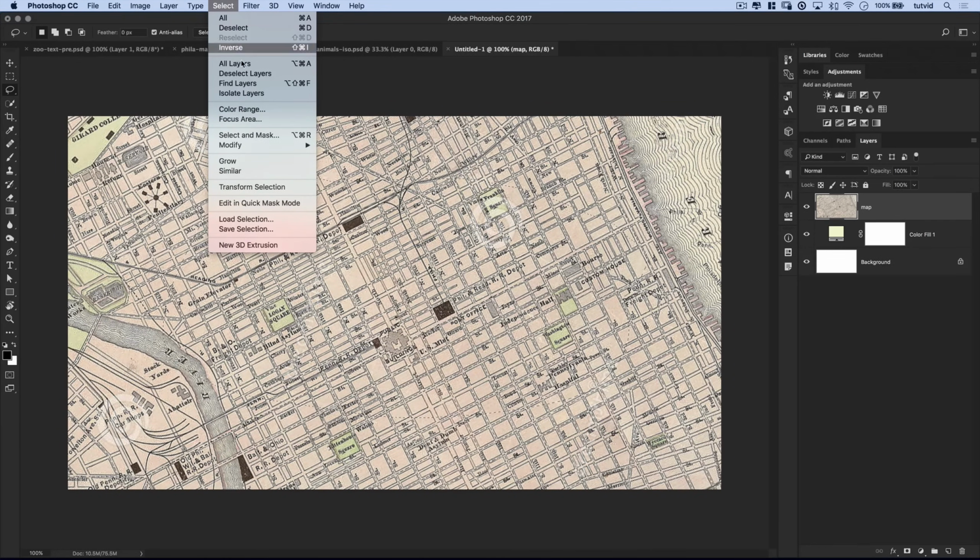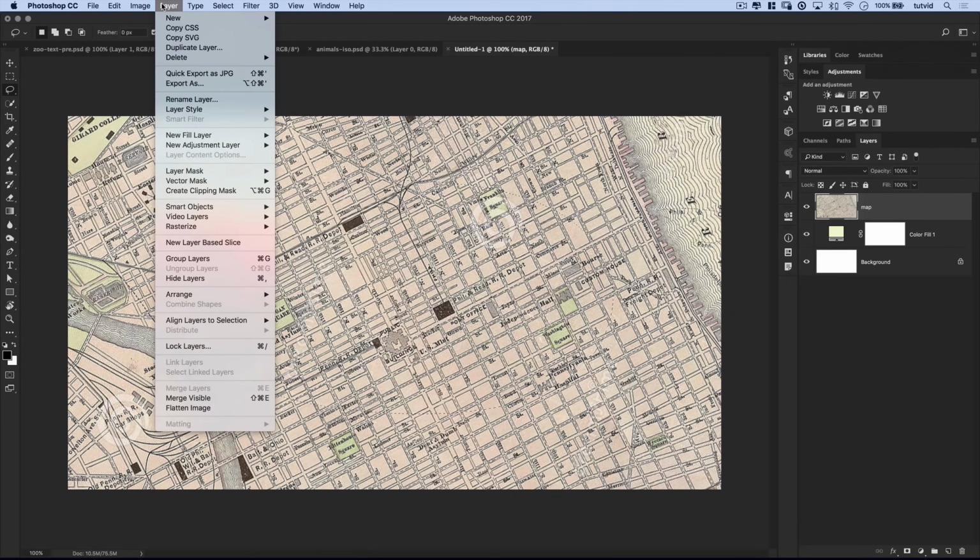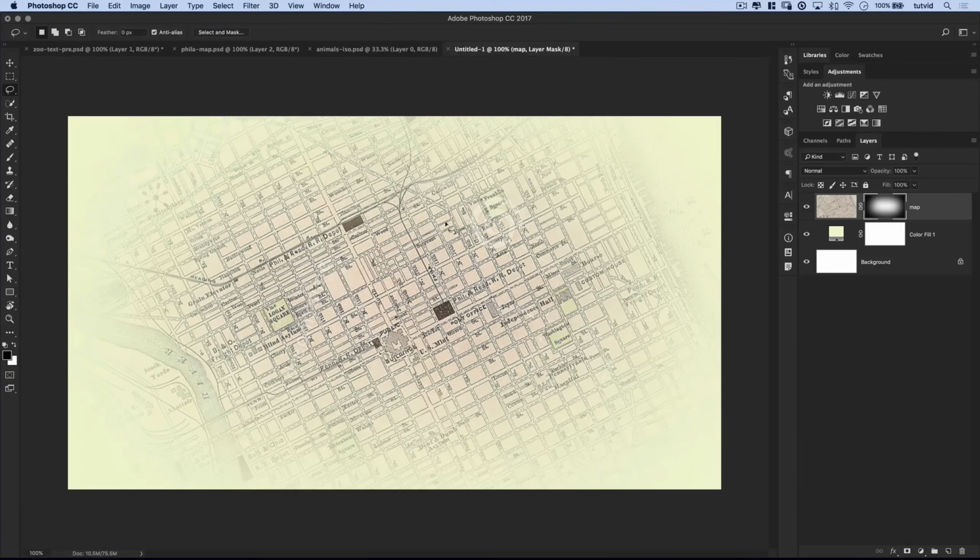We're going to come up here and choose Select and go Modify Feather. And I'm going to feather this. 400 might be a little extreme. Let's go down to like 250, and I'm going to hit OK, and it's going to soften that up. And then I'm going to go Layer, Layer Mask, Reveal Selection. So basically it's going to just fade everything away, and you can see we're still seeing too much of the